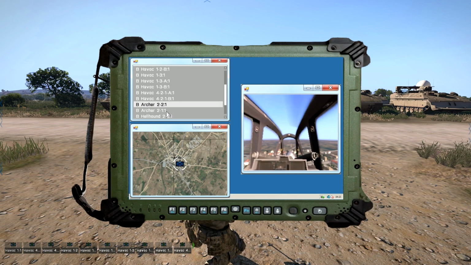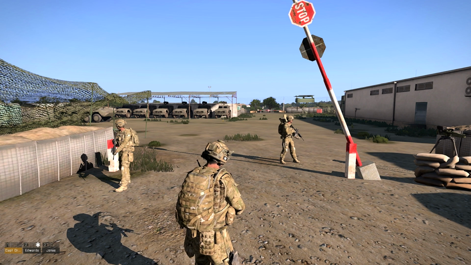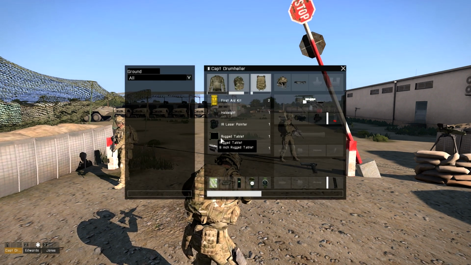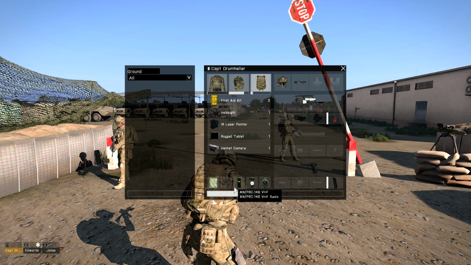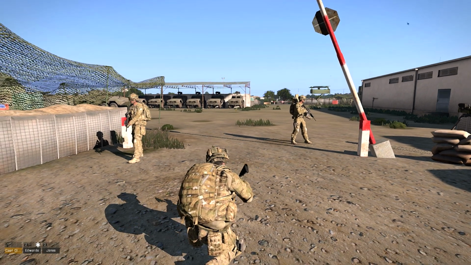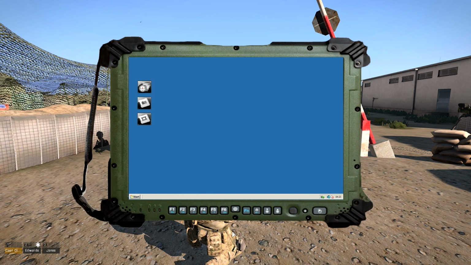The first thing we're going to look at today is the cTab itself. The cTab is simply an item that goes into your inventory. It's the rugged tablet. And from your inventory you can access it with a special user key. It's user key 12. You have to set it up in your controls and you hit whatever button you decide to bring it up and it brings you to the main menu of the cTab, which is actually a Windows